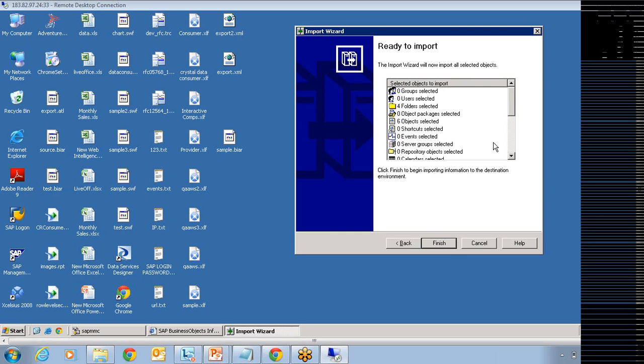So this is the link for import wizard, and let me give you the one for publishing wizard.